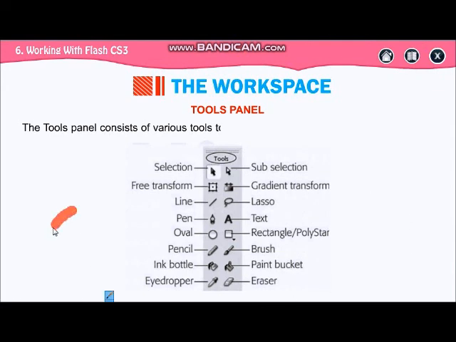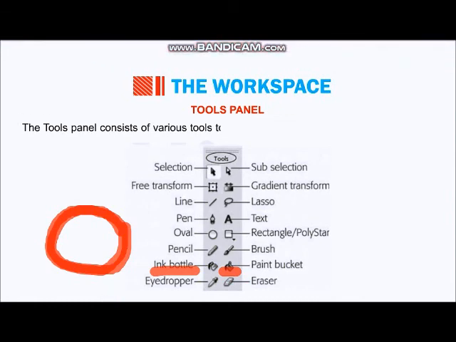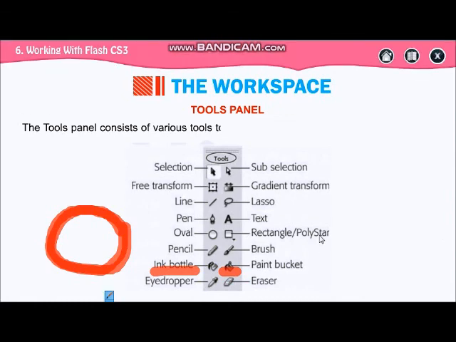Like this is your object, and if you want to fill something inside, that is done with the paint bucket, and if you want to change the color of this outline, that will be with the ink bottle. So two tools are there for coloring, ink bottle and paint bucket.